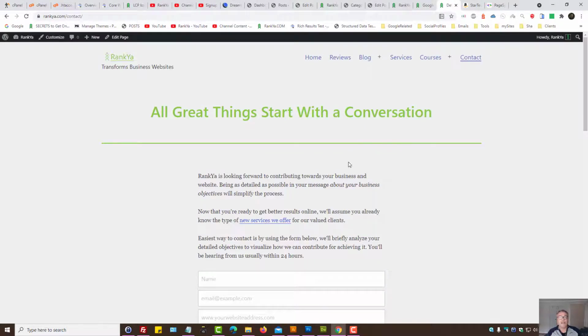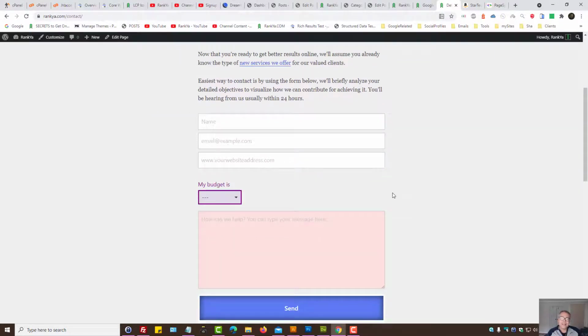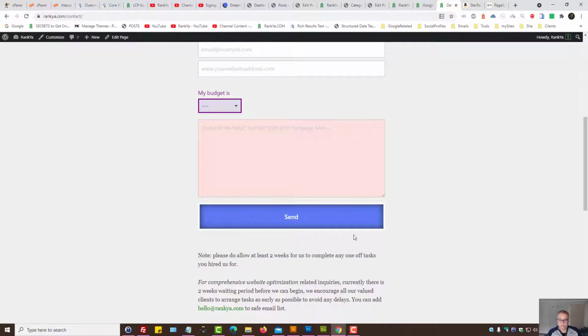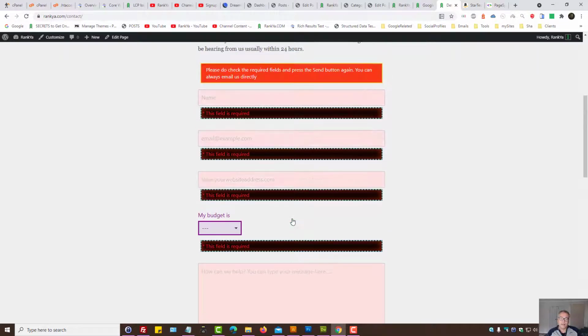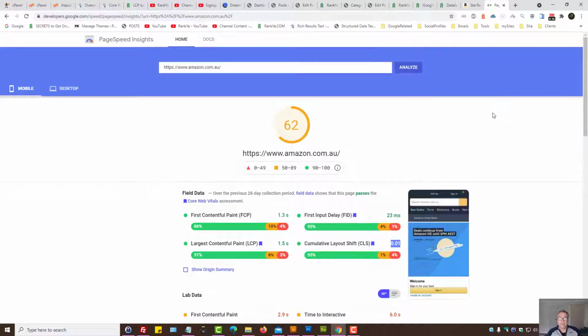Let me demonstrate one example. Let's imagine a web form. On a desktop view, if someone was to click on this, as you can see, something has shifted. Cumulative Layout Shift is the measure of that shift, and also how far that shift occurs. Ideally, we want to minimize the layout shift,